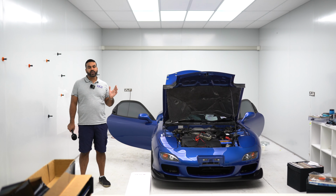And first up, we've got this RX-7, which is still here from last year, you'll remember. The owner is actually away on holiday. He's back later this month. Now, what actually happened with this car, we polished the whole car, started to PPF some panels, and then